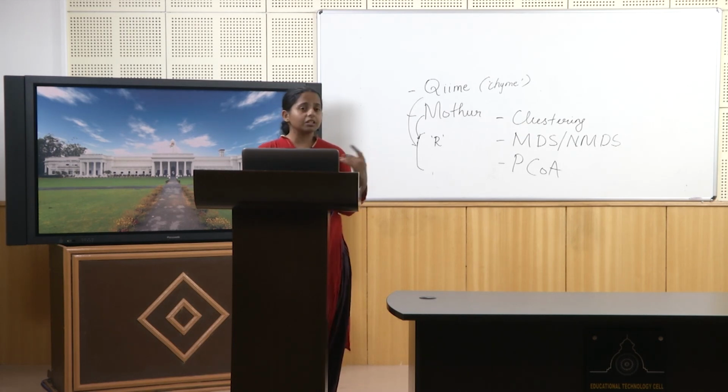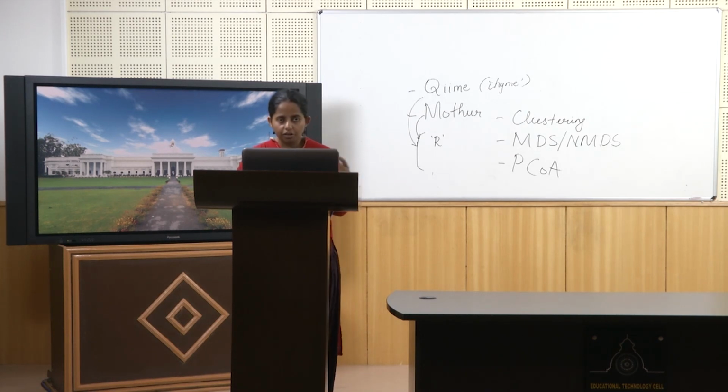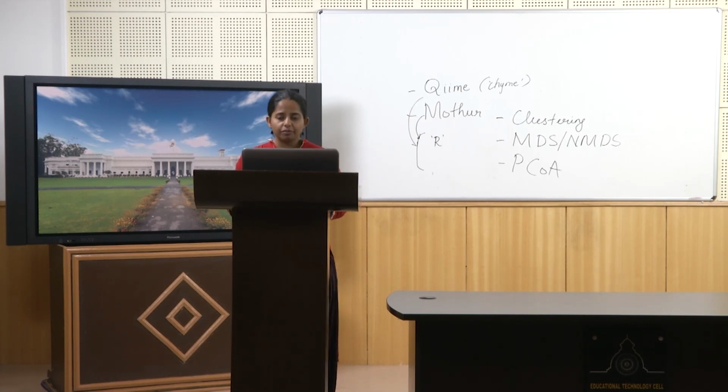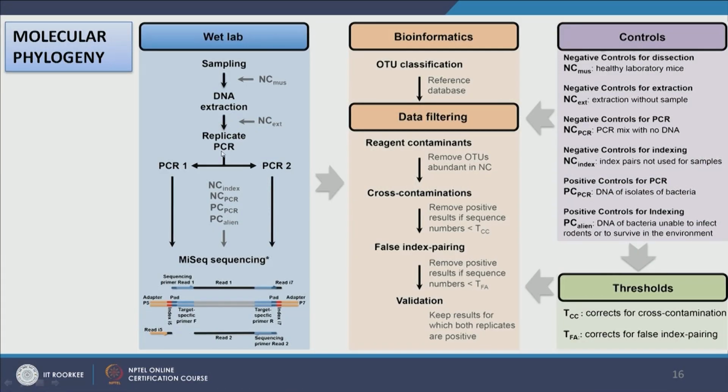So for example, if I am extracting DNA, a negative control would be extracting DNA from pure water. So I have my deionized molecular grade, pyrogen free, DNA free, RNA free water, and if I extract DNA from it, I should not get anything. But if I get a signal in my negative control, then I know contamination happened. So the negative control saves me from false positives. So during sampling I have my negative control, during DNA extraction I have a negative control,